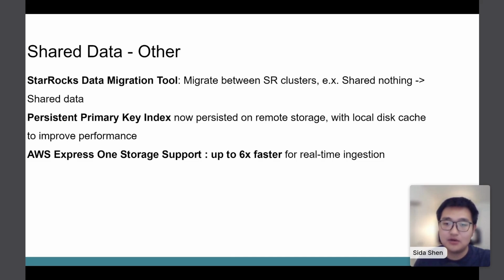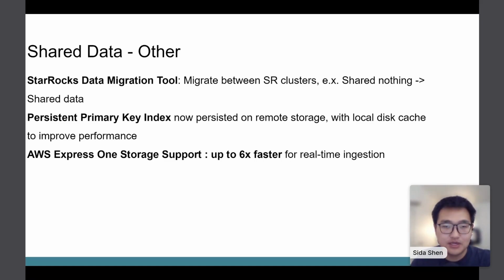And now the persistent primary key index function supports remote storage, such as cloud object storage like AWS S3, to save storage and also to make ingestion still work when you're scaling your nodes, right? When you scale your nodes, you lose all of the data on your local disk. But with the primary key index now persisted in remote storage, you can actually do ingestion while scaling, and that's great. And also we have a cache for the index on the local disk